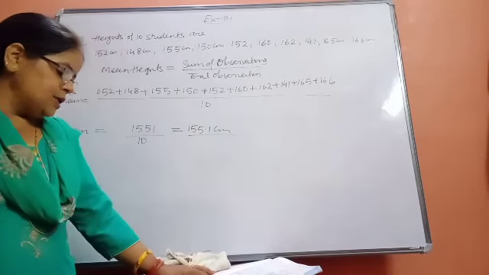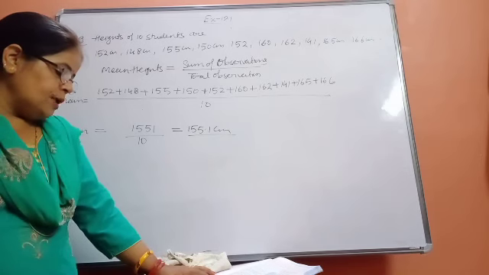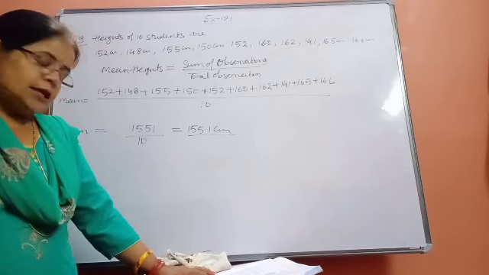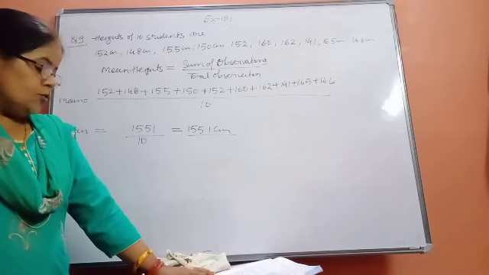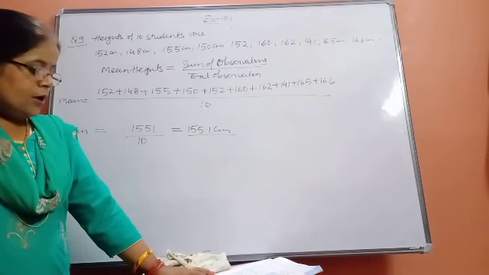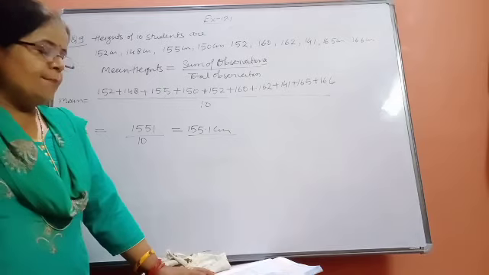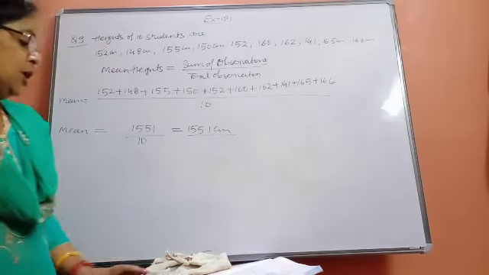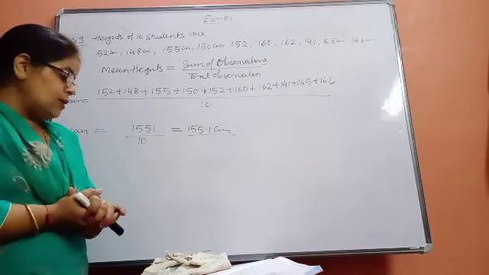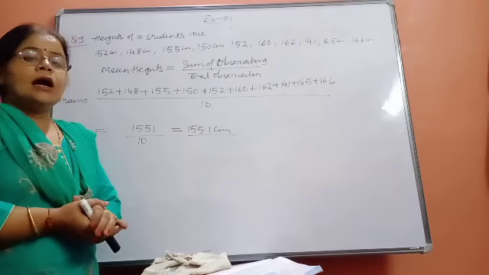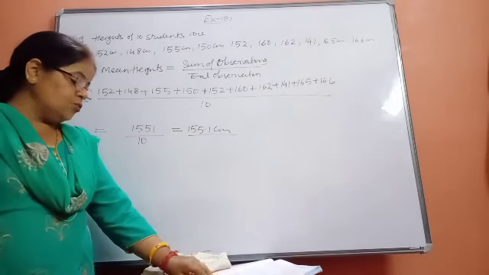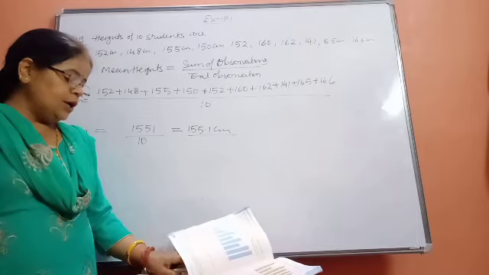In this way, the same kind of question is given, beta: the daily temperature of 10 days in a particular place is given in degrees Celsius. Find the mean temperature. In this question also you will add all the temperatures and then find the mean temperature, as I have done in this question. So in this way your exercise 12.1 has completed. Now we are proceeding to exercise 12.2.